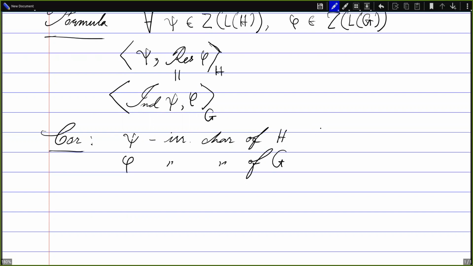Let us also denote the representation corresponding to psi by W, let's say theta, and let this be some U and lambda. Okay. So theta is the irreducible representation whose character is psi, and lambda is the irreducible representation of G whose character is phi. Now we shall consider